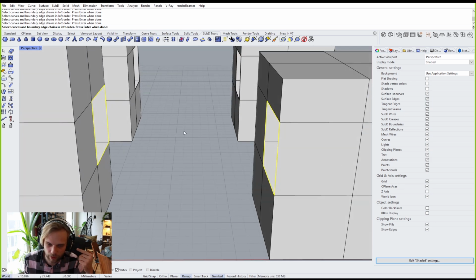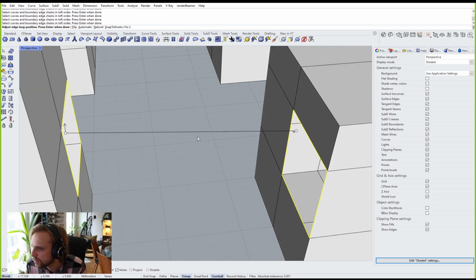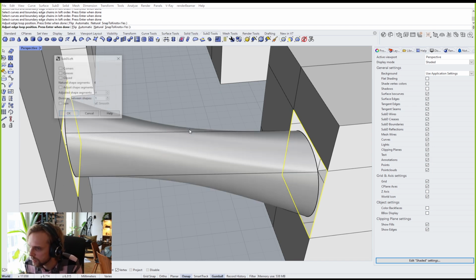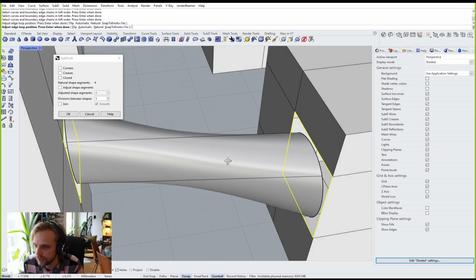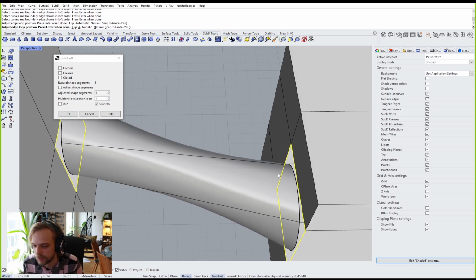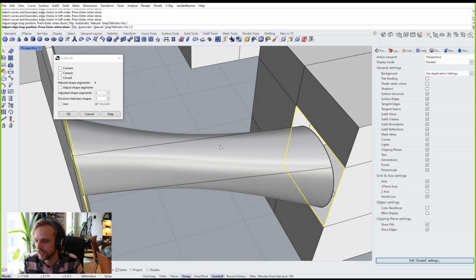So you need to keep in mind which curve you selected first, which you selected next, and so on. If I hit enter, it looks super weird now. Let's just YOLO it and see what's going to happen. Yeah, it seems like I messed it up. It seems like I messed up the seam. And you can see that it's showing it smoothed out, and we are in a